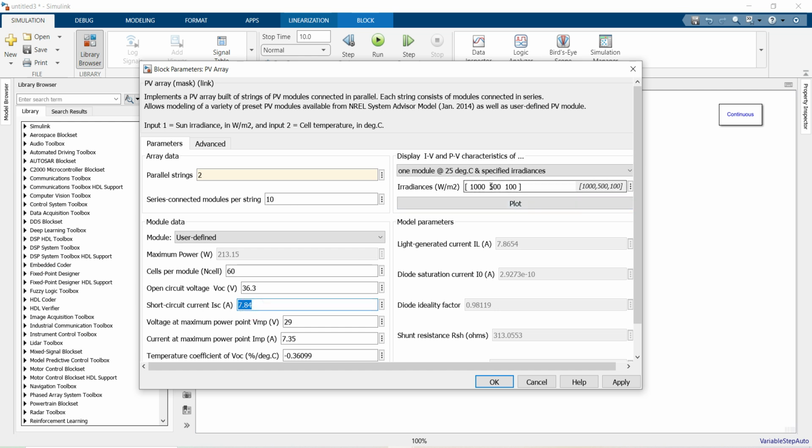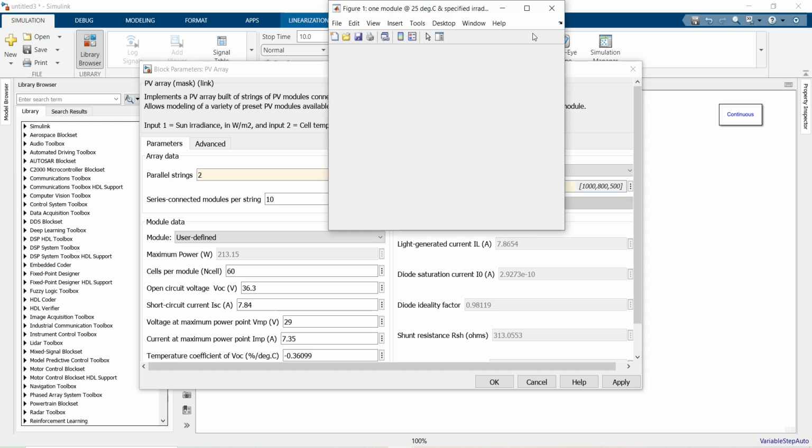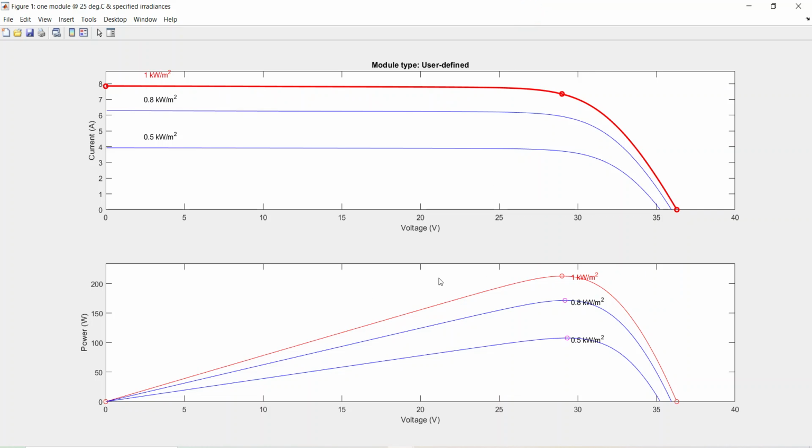If I set irradiances like 1000, 800 and 500, at these irradiances we'll see our maximum power point, and if I click on plot you will see the maximum power point. In the case of 1000 irradiance you can see the power is